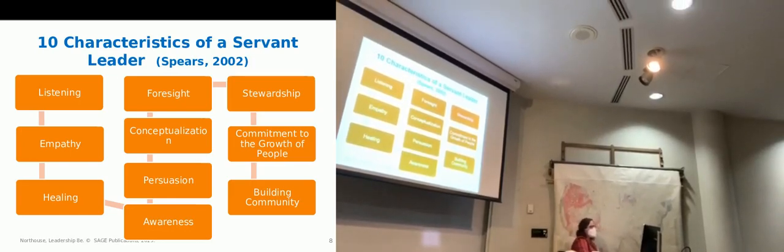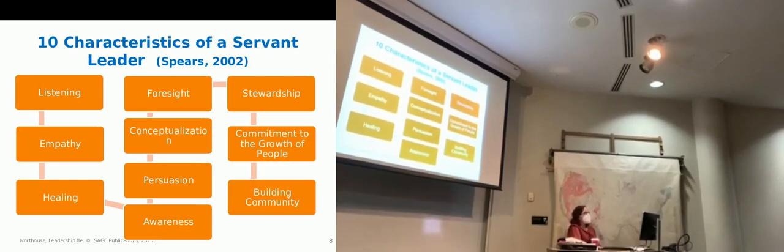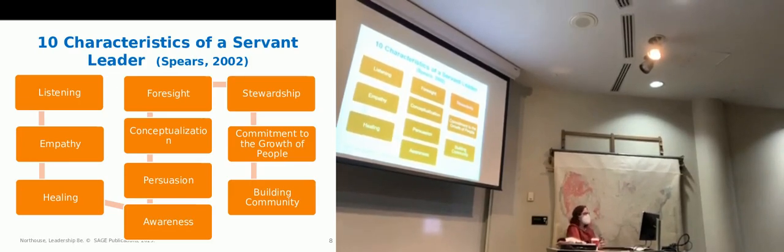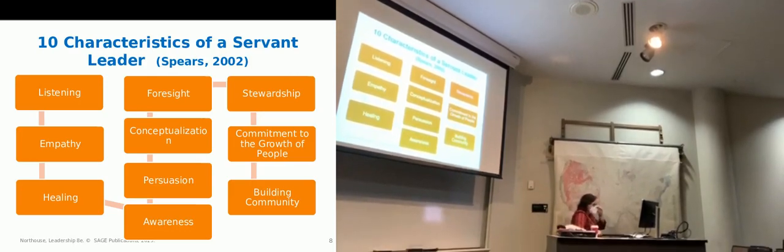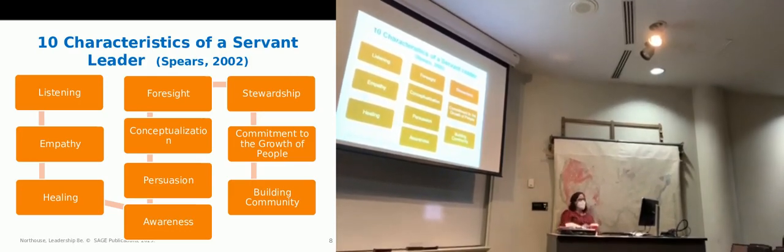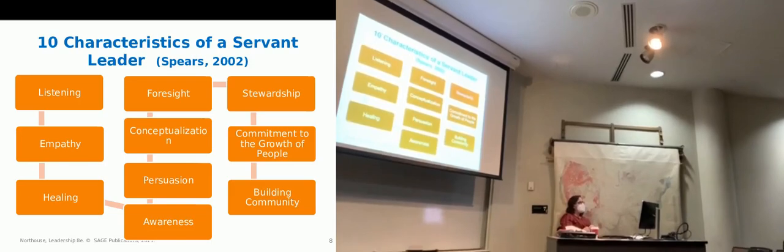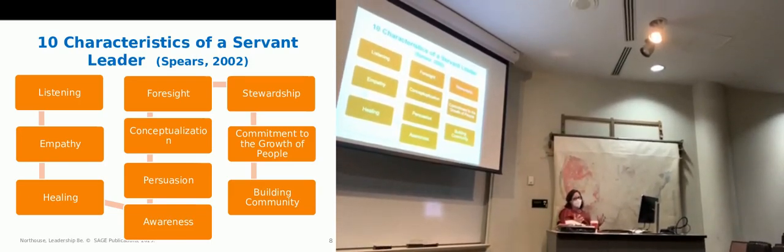Conceptualization is the ability to be a visionary. So just, again, seeing the big picture, kind of like putting a puzzle together, right? Putting concepts together, conceptualization. And foresight is a little bit different. Conceptualization is more of visions. So if we were going to write a vision statement for an organization, we want someone that has strong conceptualization.